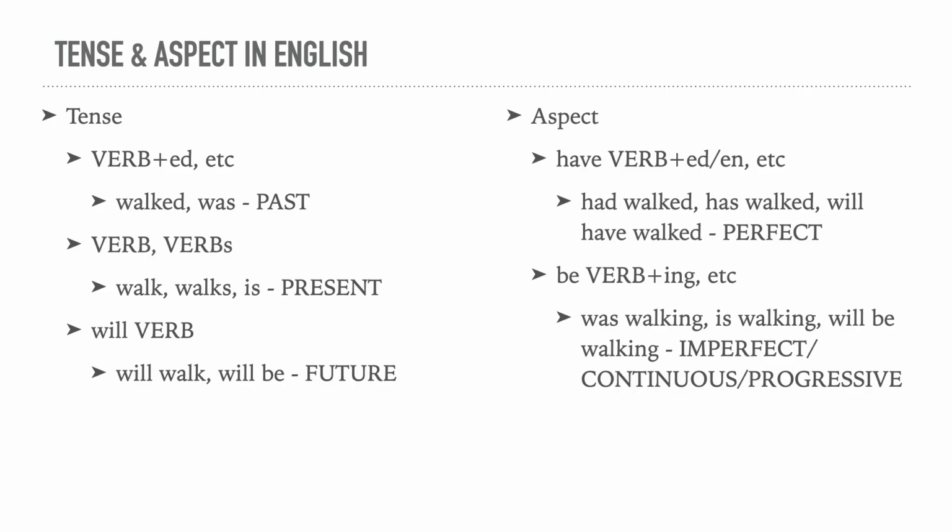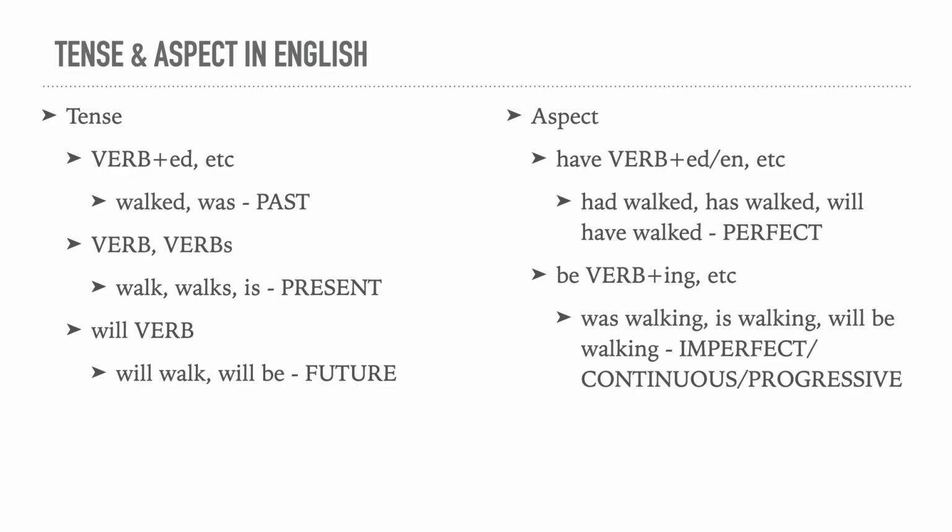Then we've got walk, walks, is walking, and will walk, will be walking, etc. This is all tense information. Aspect, however, we'll have things like have plus verb-ed, like had walked. There we're saying it definitely stopped. It definitely finished. Whereas aspect in English, we can also have things like that -ing form, but we don't use